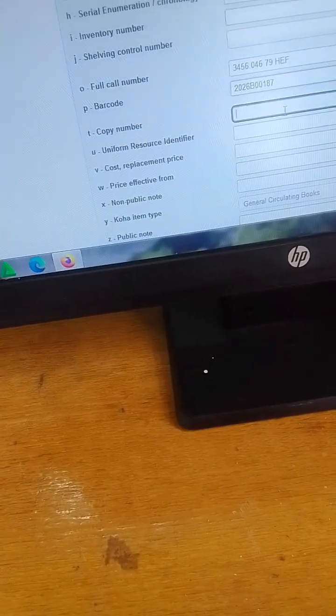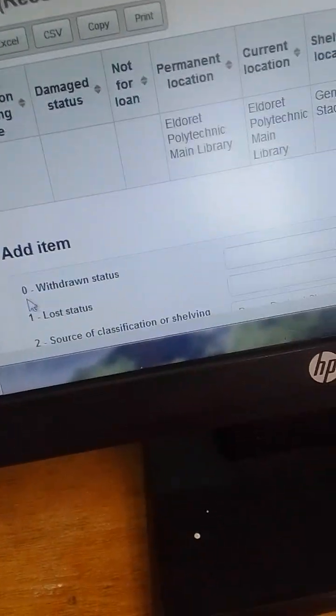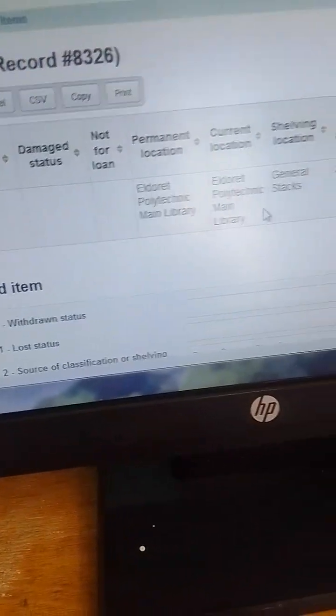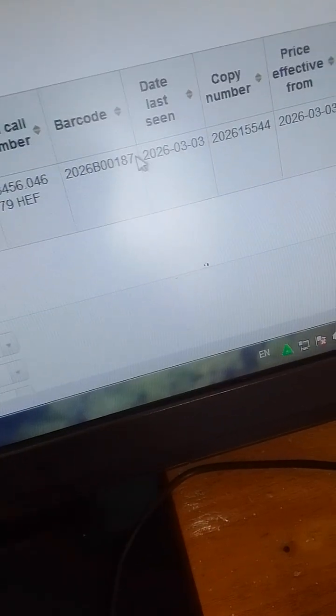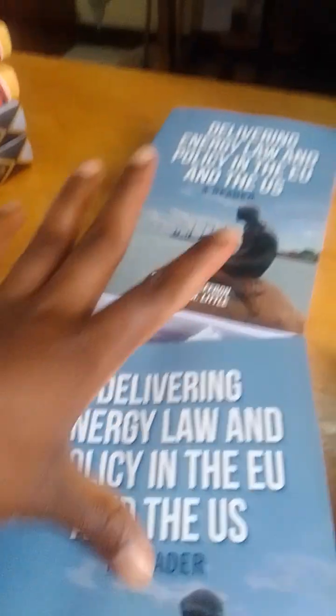After that, we go to the copy number. The copy number is the accession number, this one, which is 2026 155.44. After that, we now add the item. Wait for a few minutes to load. After that, we see these information materials are being cataloged. You see the barcode and then you see the copy number. After that, because these are two information materials,